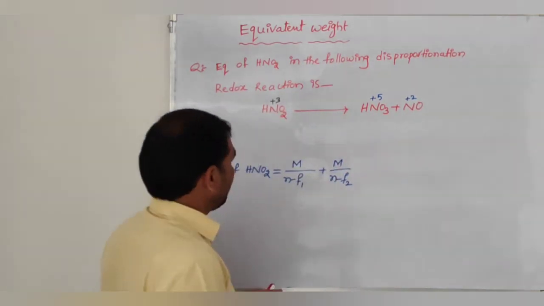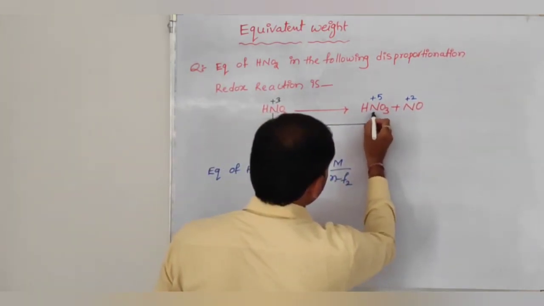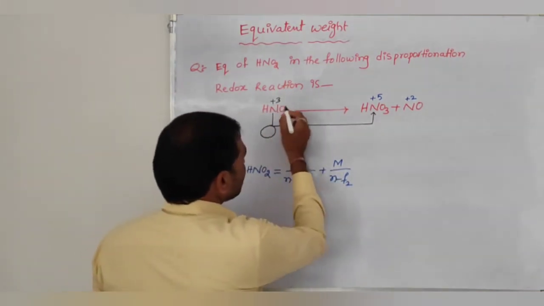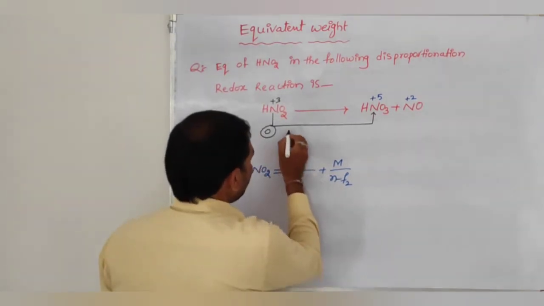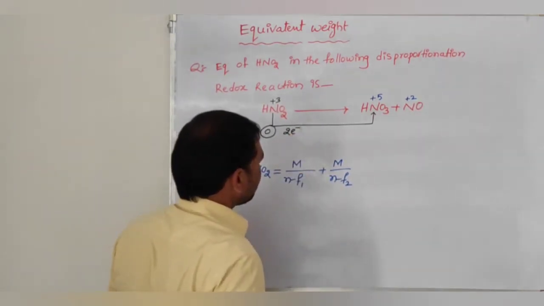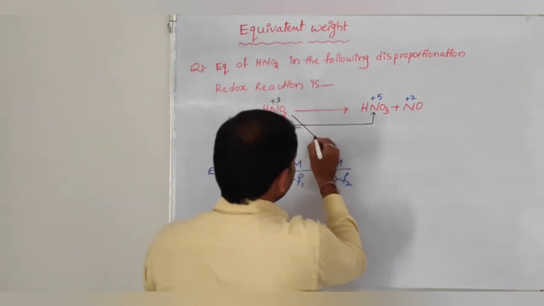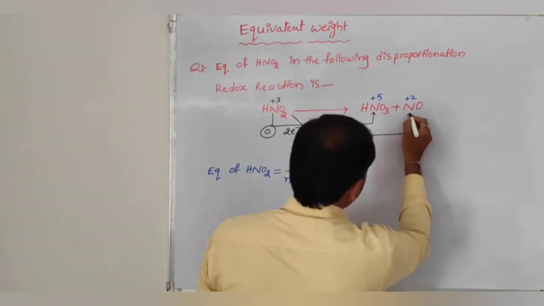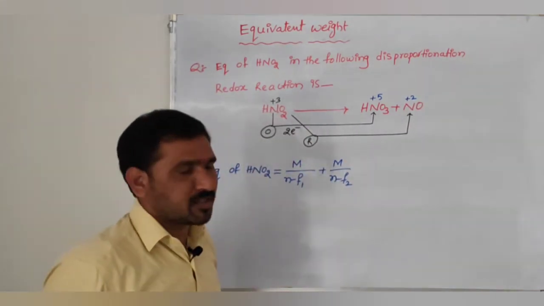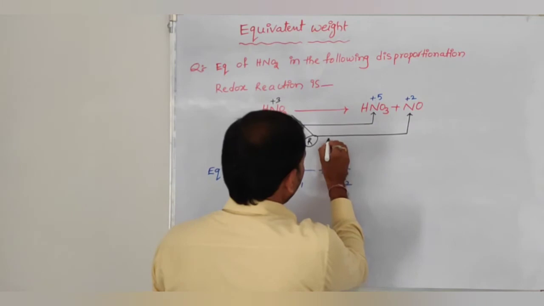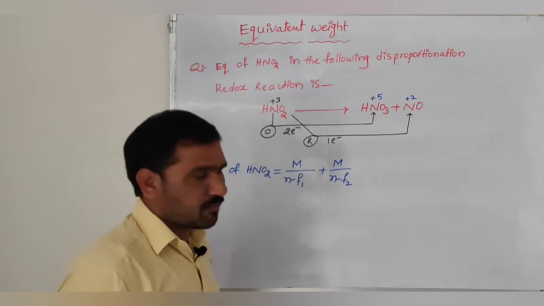Then coming to the n factor gathering. So, beta, here the +3 oxidation state is converted to the +5 oxidation state. What is that here, beta? An increase in oxidation state means oxidation. Here, how many electrons are participating? 2 electrons are participating. Okay, this is n factor 1. Then the same +3 oxidation state converts to the +2 oxidation state. This is reduction because of the reduced oxidation state. So how many electrons are participating here, beta? Only 1 electron. Therefore n factor 2 is equal to 1.